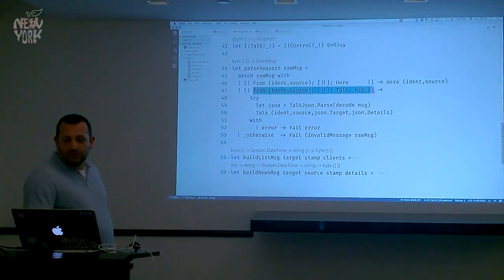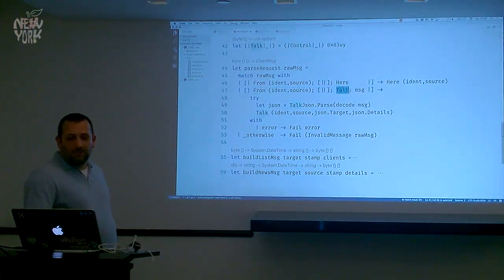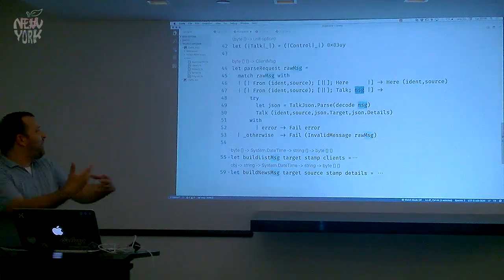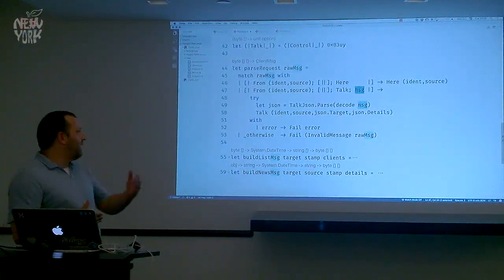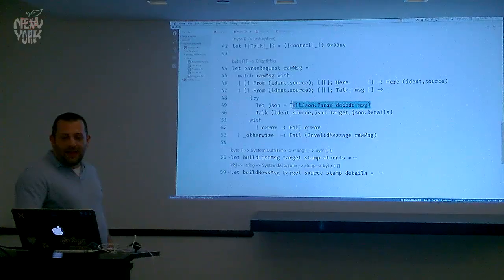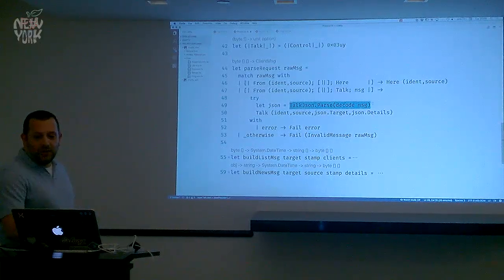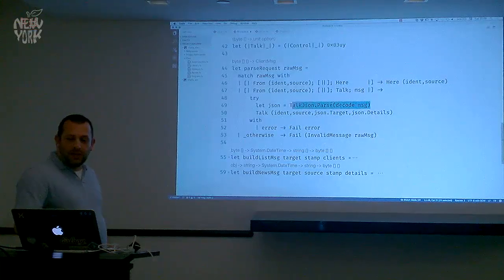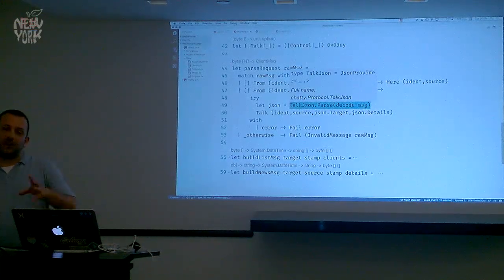Our talk looks very similar, except that after our control frame, we have one more frame that here I'm just binding the raw byte array to a variable called message, because then I'm decoding the byte array from UTF-8 to a string, and then using FSharp.Data to parse that JSON string.